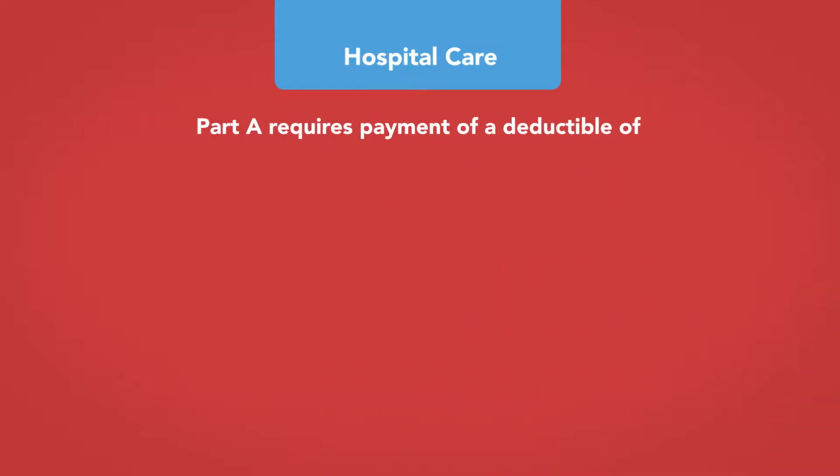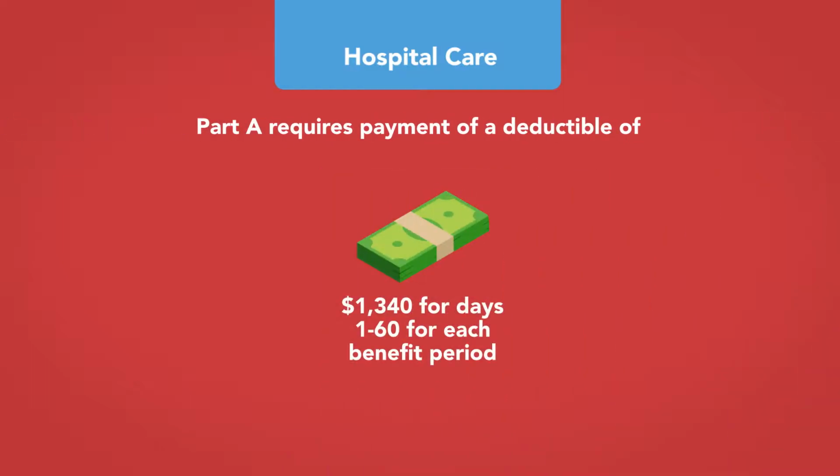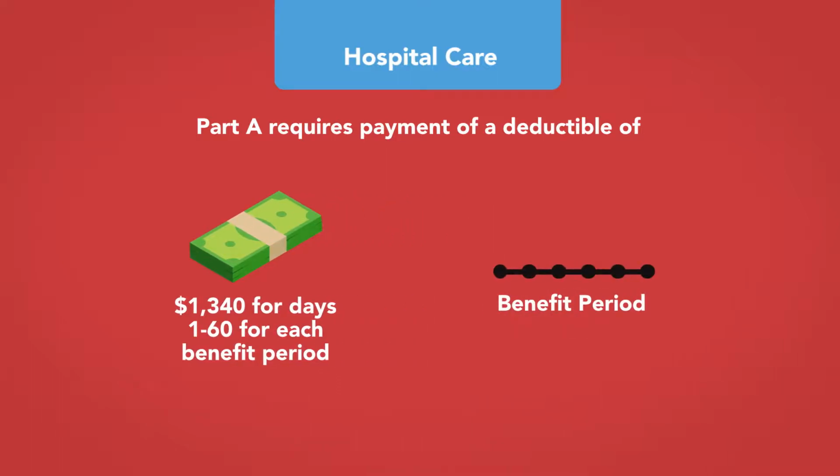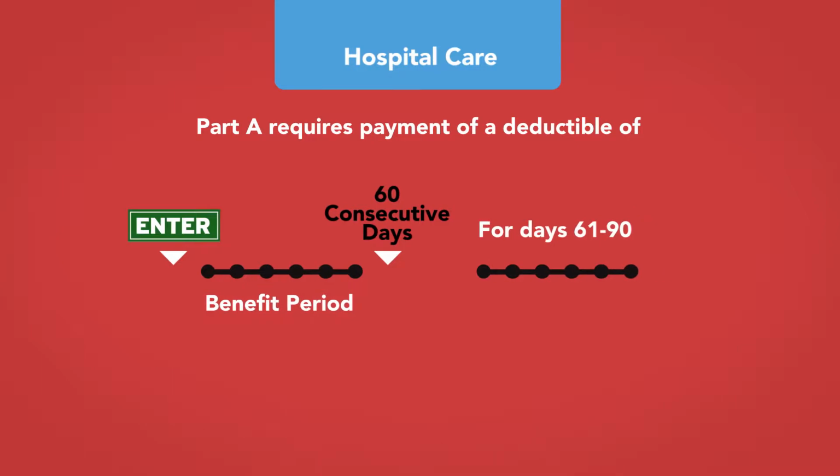Part A requires payment of a deductible of $1,340 for days 1 through 60 for each benefit period. A benefit period in original Medicare begins on the day of admission to the facility and ends when no inpatient hospital care has been received for 60 consecutive days. For days 61 through 90 of each benefit period, the patient is responsible for $335 per day as a copay